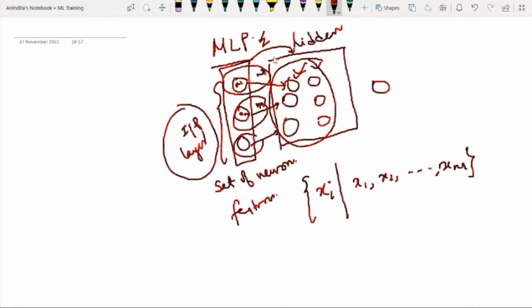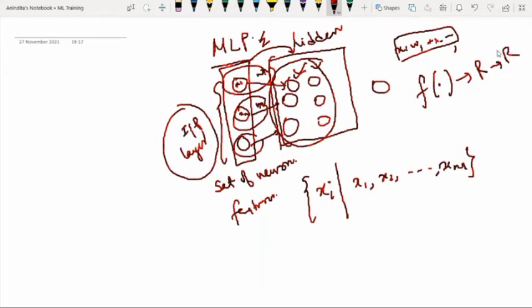Whatever value we are accepting from the previous layer, they will transform all those values gathered from the previous layer with a weighted linear summation. Weighted linear summation means again it will perform x1 w1 plus x2 w2 like this. And again we know that this summation is not enough. This summation will be followed by one activation function, which we have already discussed, and which can be represented as a mapping of this input and output dimensions, right?